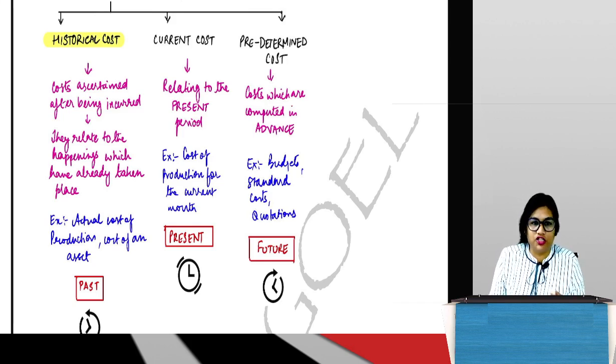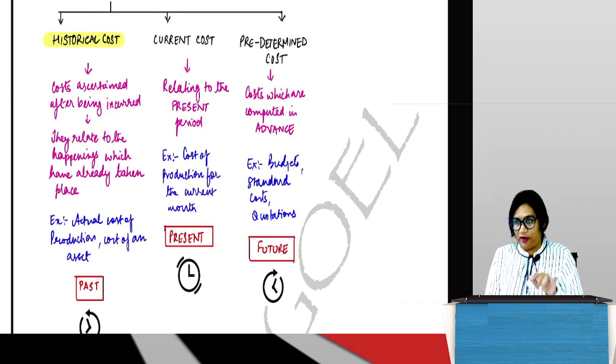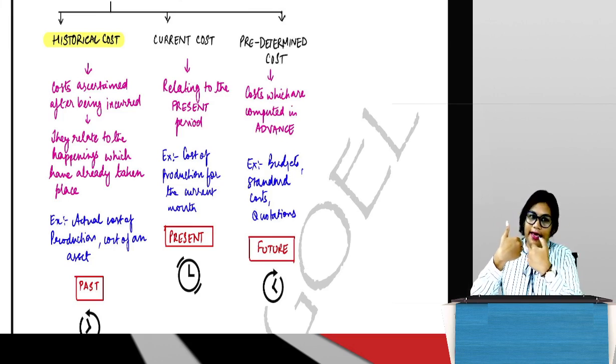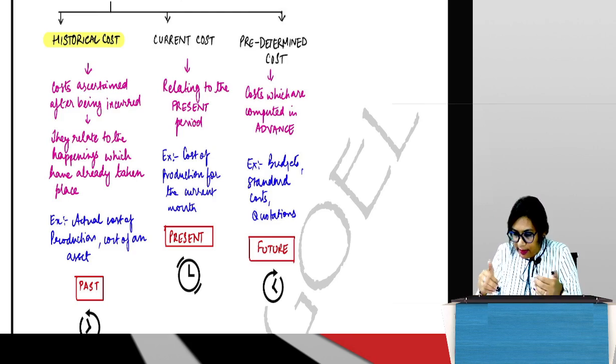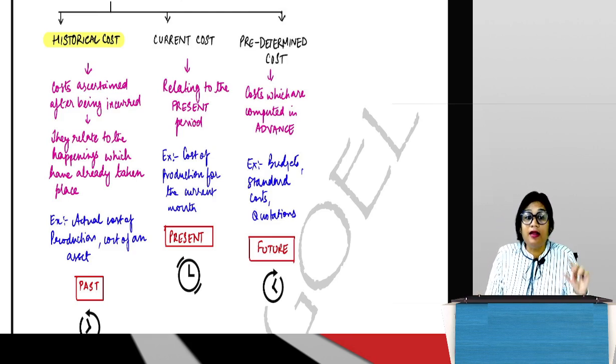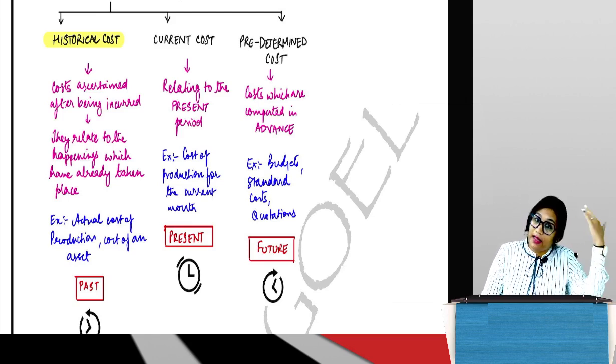So in relation to purchase of machinery, the event is purchase of machinery. You have already purchased the machinery, correct? Then what have you done? You have put all your purchase costs, your erection costs, commissioning costs, installation costs all together and capitalized it, correct? So that is your historical cost. Here the event is purchase of machinery. The event is already over. After the event gets over, I have collected all the costs and presented it today. That is why they are costs of the past. It relates to an event which has happened in the past.